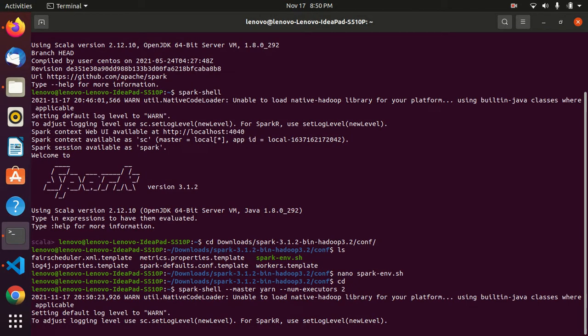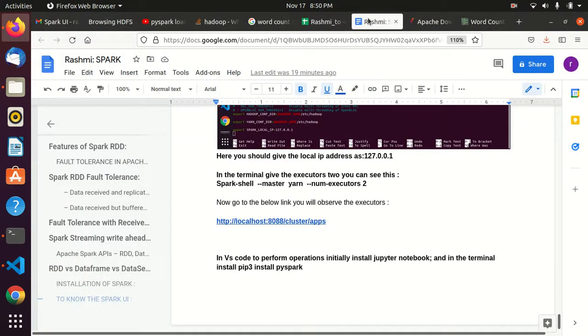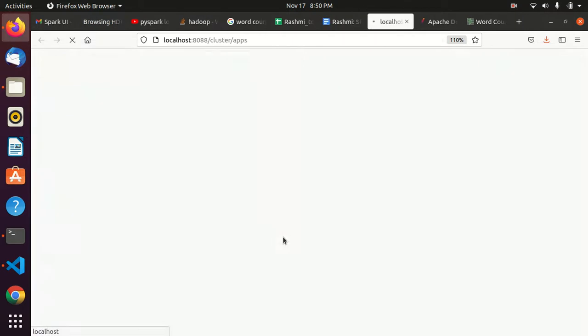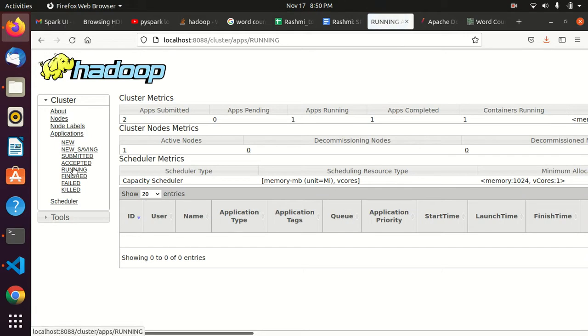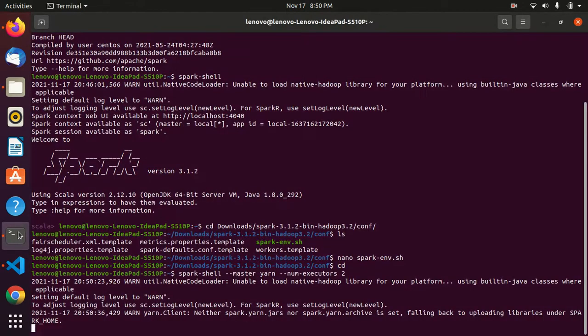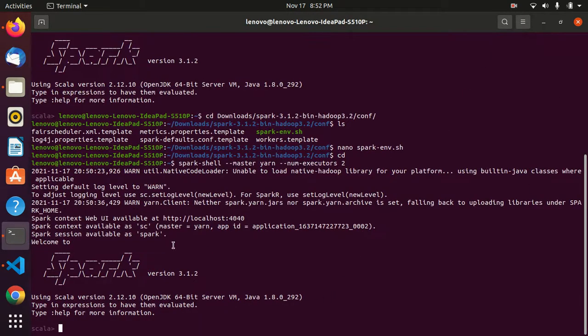It's loading. For that we have to go into this cluster, that is localhost:8088. Let's wait till it gets executed, because it's already running here. So here we are creating the master as yarn, and the number of executors too.